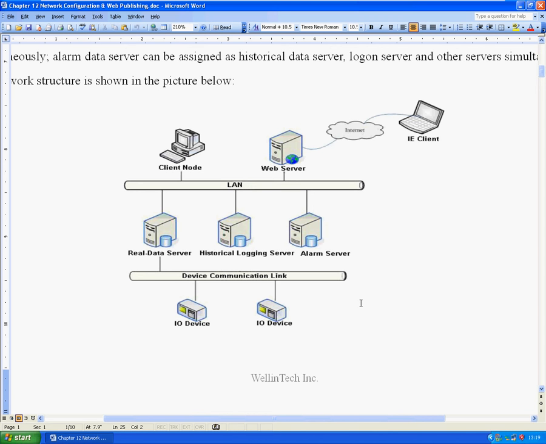TCP/IP protocol enables computers with different hardware architectures and operating systems to communicate with other computers on the same network. The TCP/IP protocol enables a computer to communicate with several remote computers, and the concept of engineering station is introduced